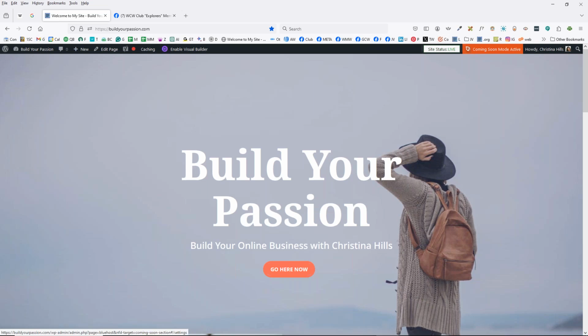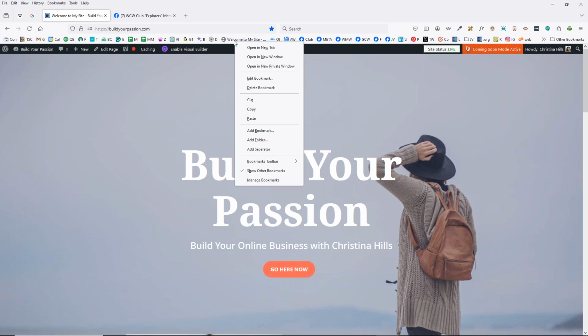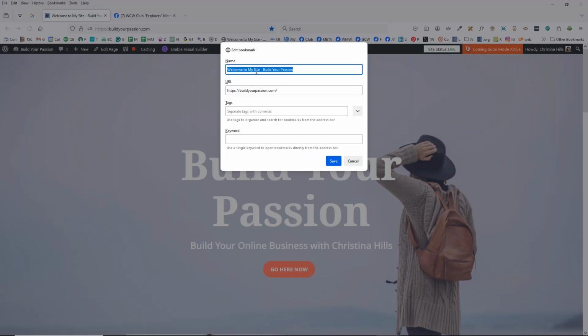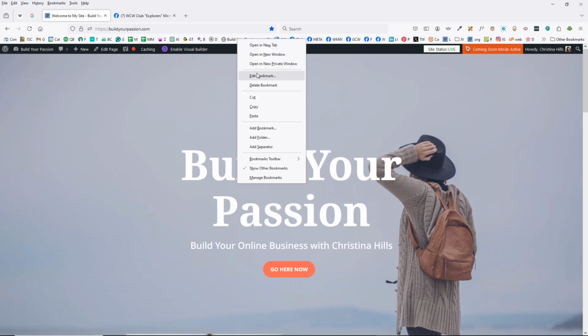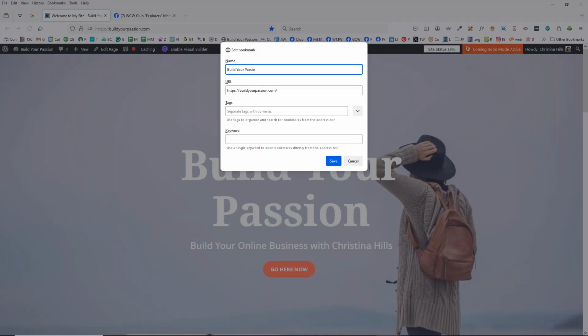And I have a lot of bookmarks, so what I usually do, hold on one sec, is I right click, got a frog, and I edit the bookmark. This is in Firefox. So welcome to my site, Build Your Passion. That's the title on the page. I might shorten it to Build Your Passion. See how it takes up more space? Or I might just edit my bookmark and just change it to a B,